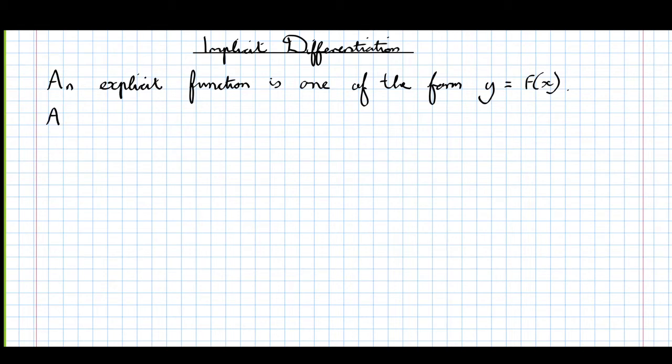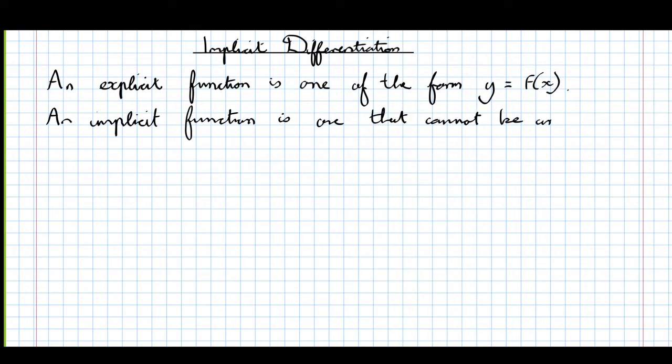An implicit function is one that cannot be written in this form. So we're sort of implying what the value of y is. That's where the word implicit comes from. So we're not explicitly saying what y equals. We're just giving a function that has a mixture of x and y's, and it's left for us to deduce what y equals. So an example of this